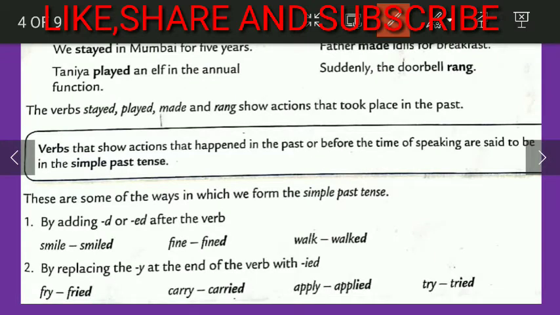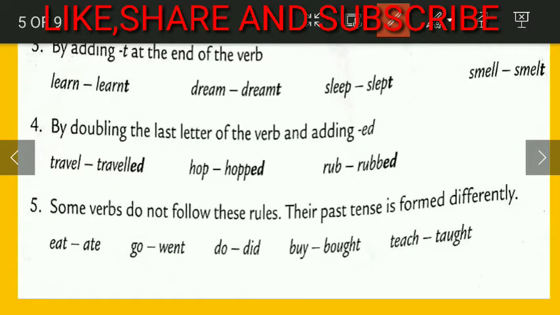Let's see the second rule: by replacing the y at the end of the verb with ied. Replacing the y. Okay, so let's take an example. CRY. Here, children, you can see the last letter of the given verb is y.